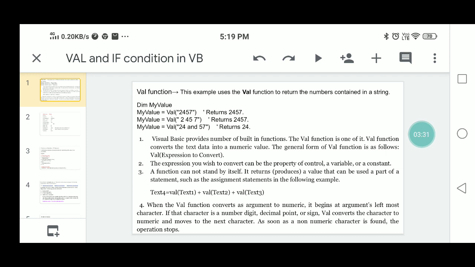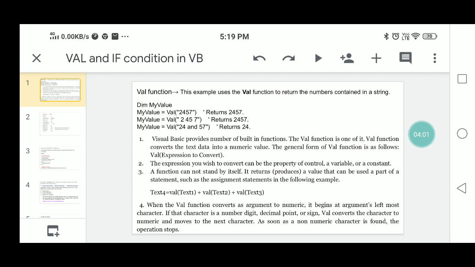It is not a standalone thing. So you do not take the Val function alone; it is used within a statement, such as the assignment statement in the following example. Here you take Text4 equals Val of Text1 plus Val of Text2 plus Val of Text3. These three will be added and assigned into the Text4 box.